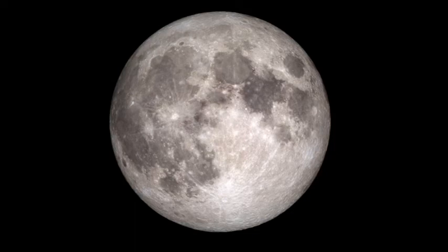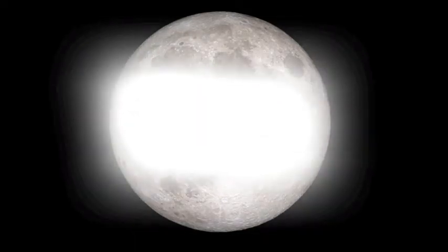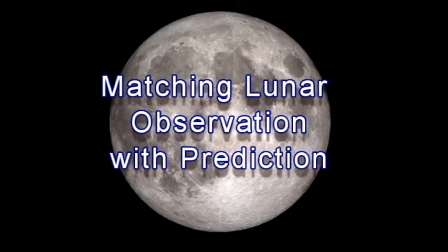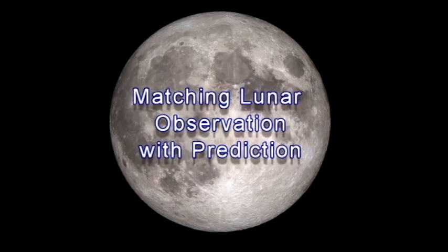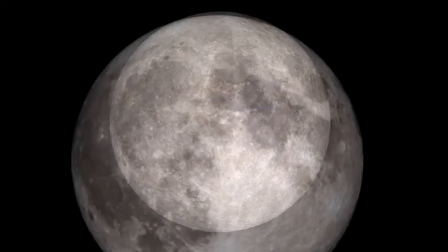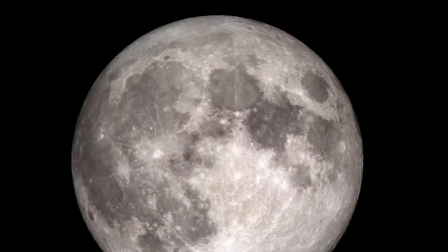Hey everyone, it is me, Steve, and today we are going to do a comparison of actual observation with prediction from Dial-A-Moon, and that's what this is from. This is from Dial-A-Moon, the picture of the moon here for January 31st, 2018, which was that super blood moon